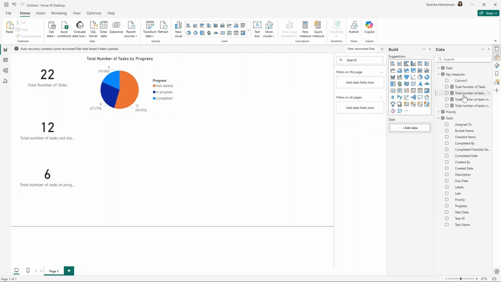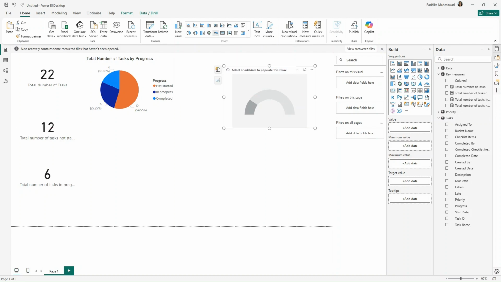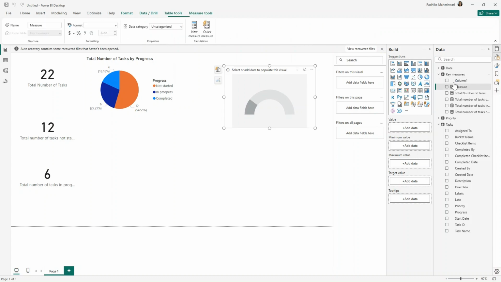Next, we are going to create a gauge chart. So for that, let's get the gauge chart first. Now we need to get the percentage here, and for that we will need to create a measure. So I'm going to right click on the key measures table and create a new measure and call this percent of completed tasks.